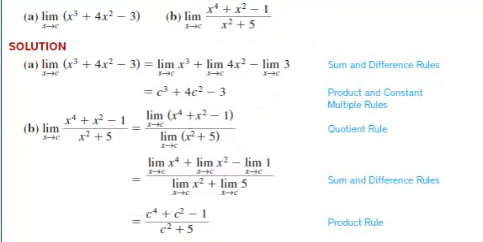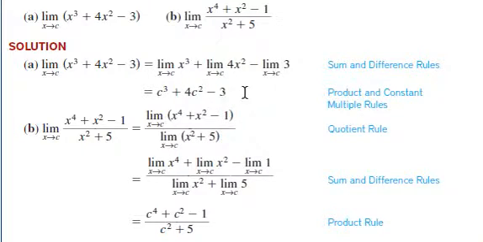So here in this example I want to use the properties of limits. Part A, we have the limit of x cubed plus 4x squared minus 3 when x approaches c. So based on the properties we had, we can just divide it into three parts: the limit of x cubed, plus the limit of 4x squared, minus the limit of 3. So when x approaches c, this one will be c cubed, this one will be 4c squared, and this one